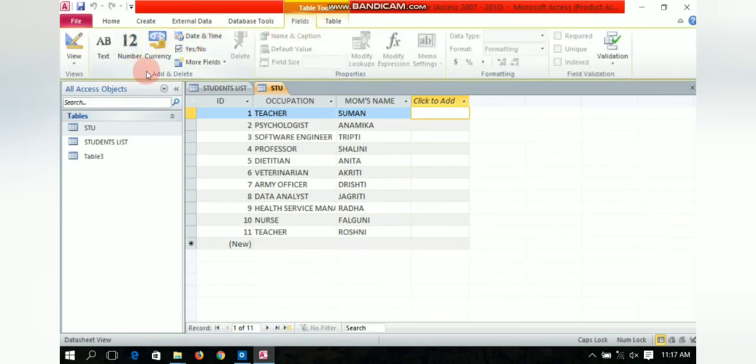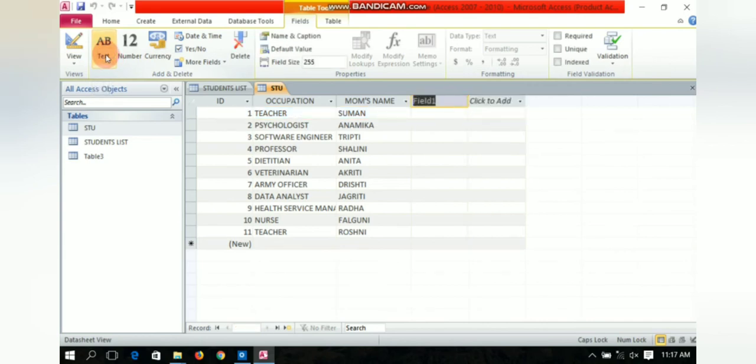Here one group is there, Add and Delete. You just need to click any one. If you want the data type to be text, then the field will be of text, and if you want it as number or currency, you can do that. Okay, you can name it as well.